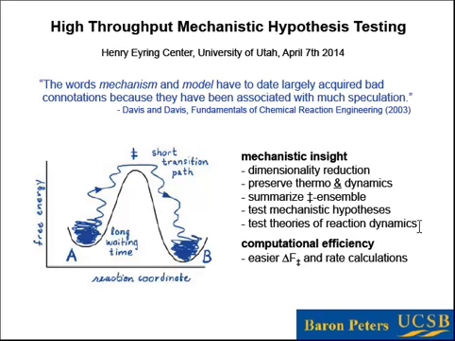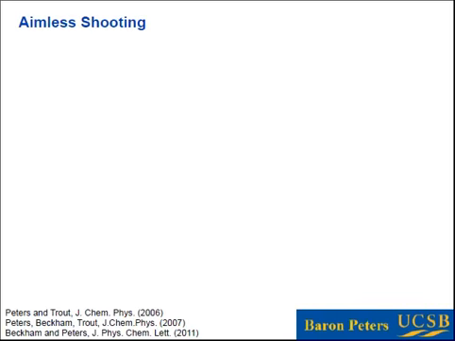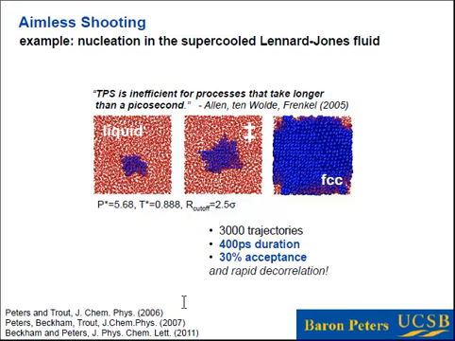And of course, for those driven by computational efficiency, it's been shown time and time again that when you know the correct reaction coordinate, it's vastly more efficient to compute free energy barriers and rates. So all of those are, I think, very good reasons for striving to find the reaction coordinate using this high throughput mechanistic hypothesis testing approach of likelihood maximization. So a few words on efficiency of path sampling itself. We sort of accidentally developed aimless shooting along the way to developing the likelihood maximization approach. I won't say very many things about the details of how this method works, but recall what Frenkel said, which was certainly true at the time in 2005.